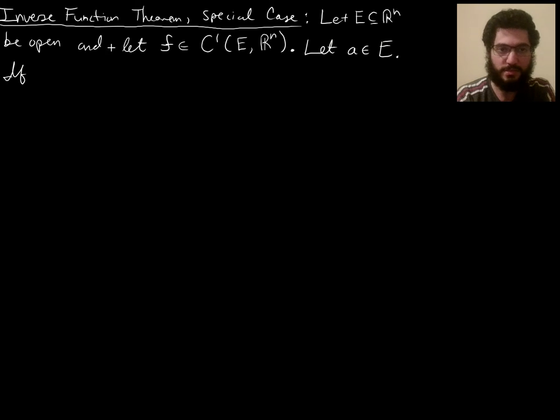Let E be an open subset of Rn, and let F be a C1 function from E to Rn, noting that it's the same n here and there. And let A be some point in E, then if f prime A is the identity, so this is why it's a special case. In the full inverse function theorem, you just assume here f prime A is an invertible linear map, but here we're assuming it's the identity linear map. Then